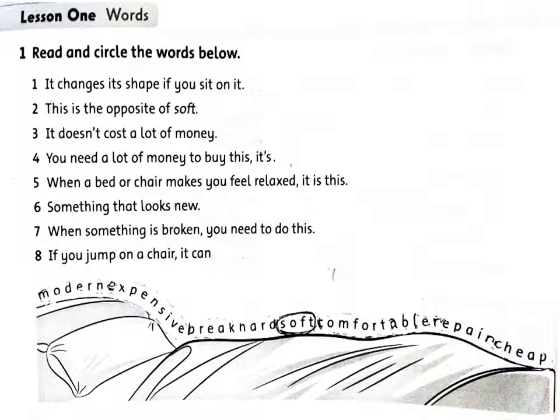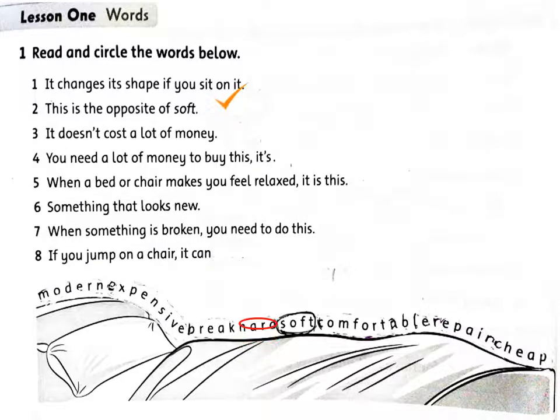And now, this is the exercise in the workbook. In this part, read and circle the words below. Number 1 is already done, so you do from number 2. Now let's start with number 2. This is the opposite of soft. You know, soft is not hard, so the opposite of soft will be